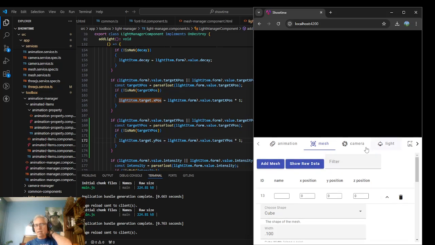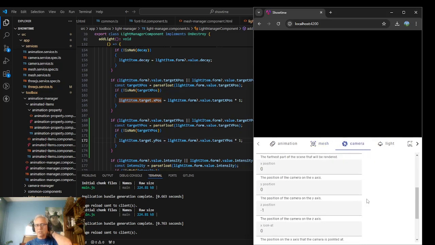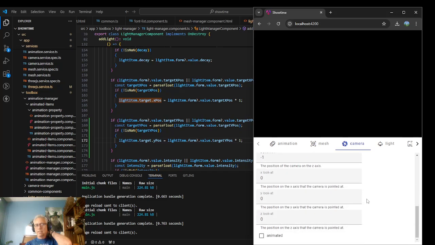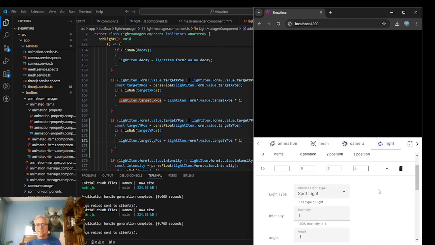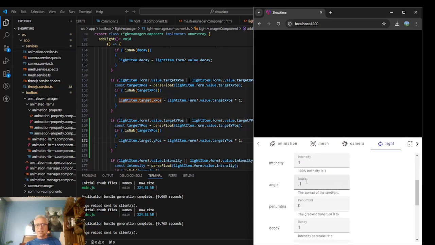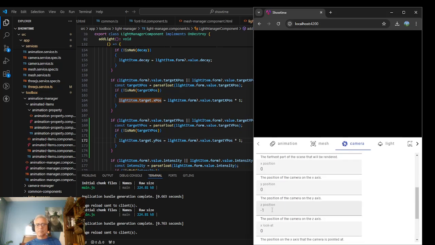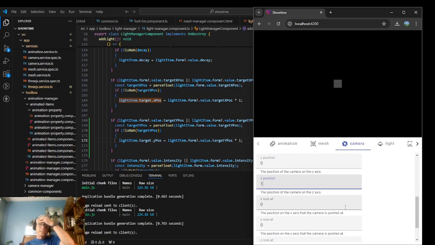Even though the camera is sitting at -1, 0, 0, and I'm looking at 0, 0, 0, where the little cube is, and then the light is at 5. What if I change the angle to 1? And if I move my camera out to 1, yeah, so I can see it because the camera is behind me. Oh, so it's completely hidden. Okay, so the camera, if I move it back to -1,